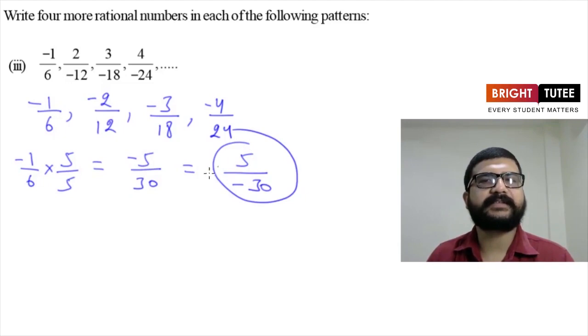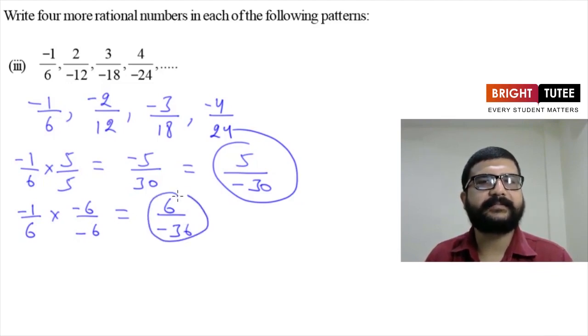So this is the first number. Now what will be the second number? It is minus 1 upon 6 into 6 upon 6, or we can multiply it with minus 6 upon minus 6 also. This will give us 6 upon minus 36. This will be the next number, and then minus 1 upon 6 into minus 7 upon minus 7. This is 7 upon minus 42,